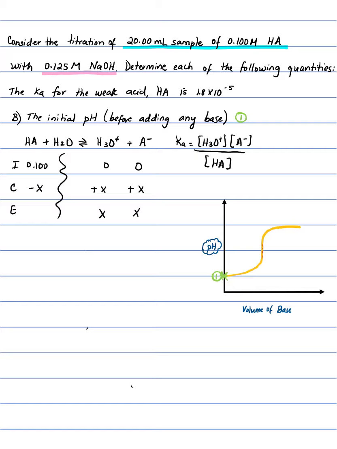But we can use the simplification, assuming that the X value is so small that that initial concentration is not going to change by a lot. And we can assume that because the value of your Ka is 1.8 times 10 to the minus 5. So we can use the assumption of the X value as a small number. Insignificant change in your initial concentration whenever the Ka value or any equilibrium constant value is 10 to the minus 4 or smaller than that. So instead of just writing here 0.1 minus X, I'm going to go ahead and just write down your 0.1,